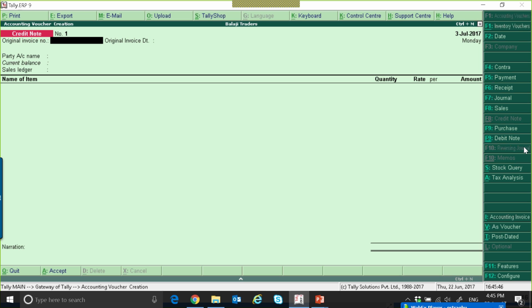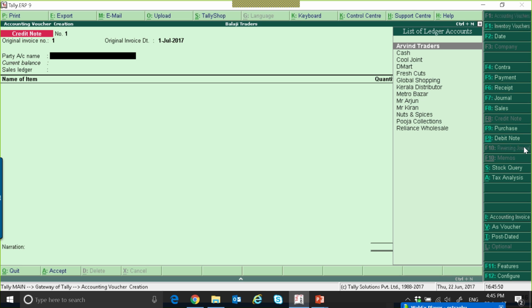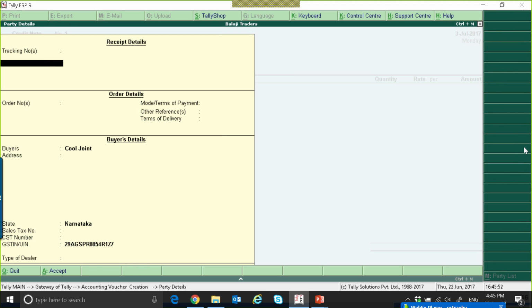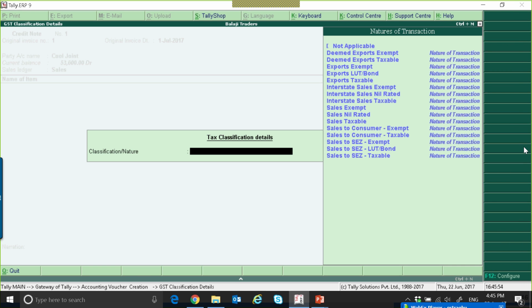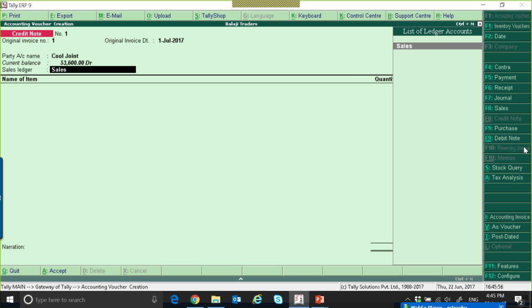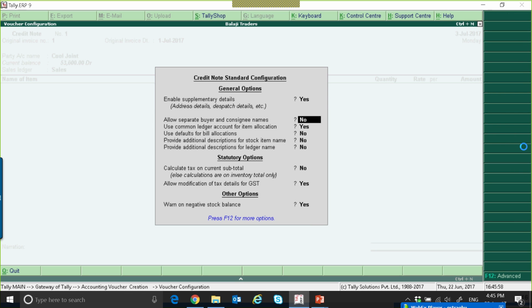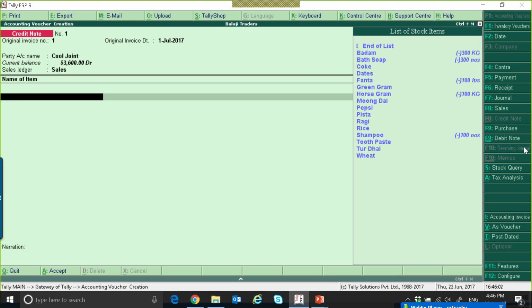You need to specify the original invoice number and the date, then select the party, and as you are not doing any alteration of tax detail, you can disable this. If required, you can use it. So now